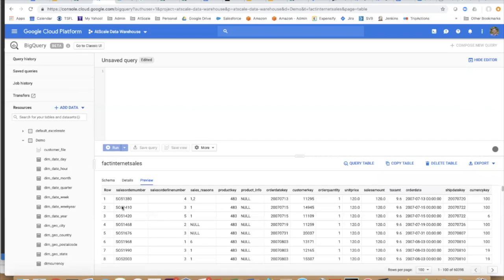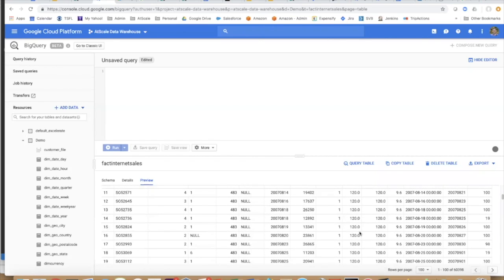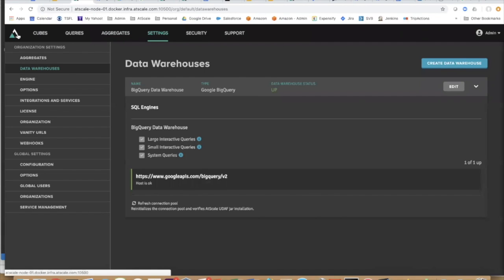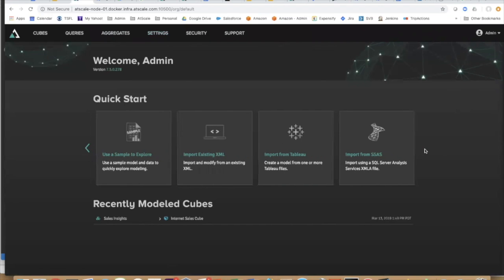If I look at my data, I'm working within a demo data set today on my AtScale data warehouse on the Google platform. You can see I have some raw data here loaded in some Google tables. So let's go and create a virtual cube. So let's go to our landing page here. What you'll notice is I can create virtual cubes either from scratch, or I can actually import them as XML documents, or by using these wizards to actually translate